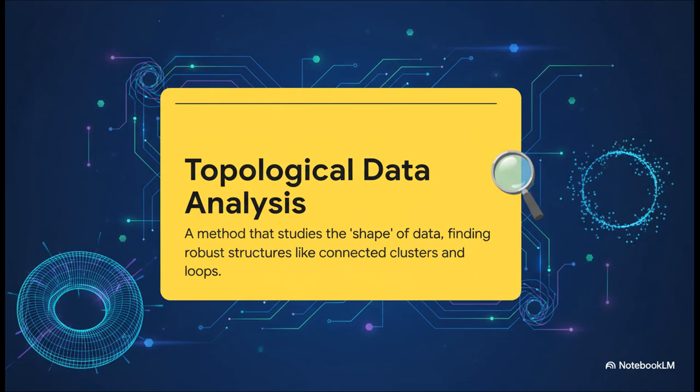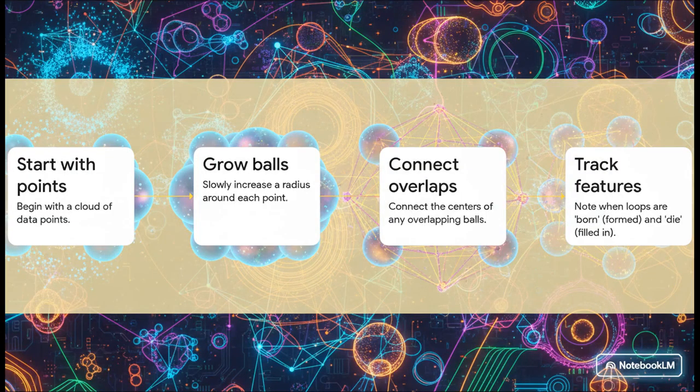Well, this is where the magic of topological data analysis, or TDA, comes in. It's a method that's brilliant because it's designed to ignore all the little bits of noise and focus only on the big, essential shape of the data. The classic analogy is you can squish and stretch a donut, but as long as you don't rip it, you can always tell it has one hole. TDA is what finds that hole, and that is totally revolutionary, because it lets us find relationships in data without needing to know what we're looking for in the first place. So how does it actually work? Well, the basic idea is surprisingly intuitive.